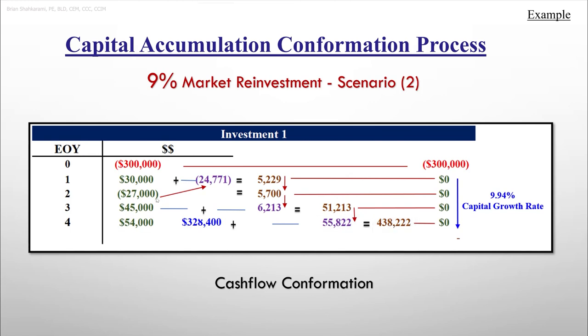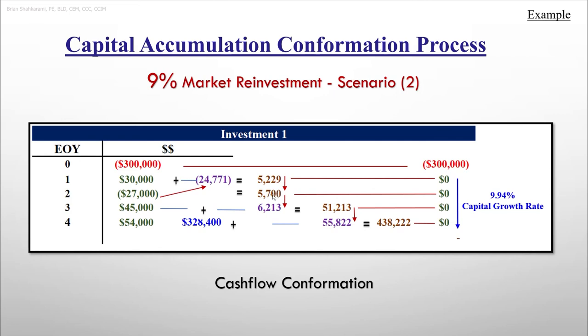So again, we take this negative cash flow, we project it back in time at a 9% discount rate, and we end up with $24,771. This is negative. Added to the cash flow of year 1, we end up with $5,229. This is what we project forward 1 year at a time into the future using a market reinvestment rate